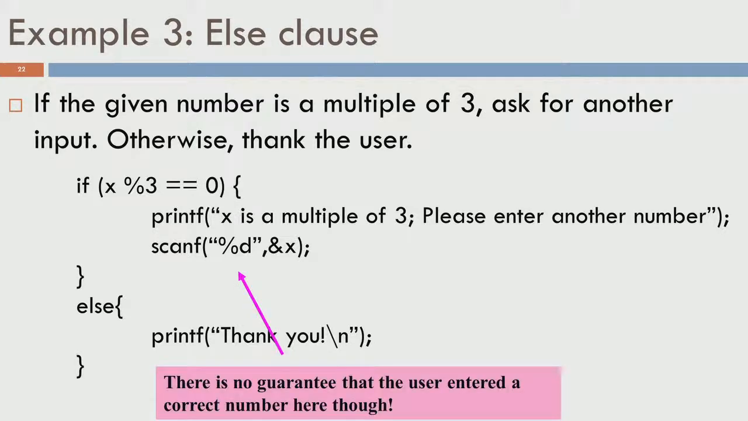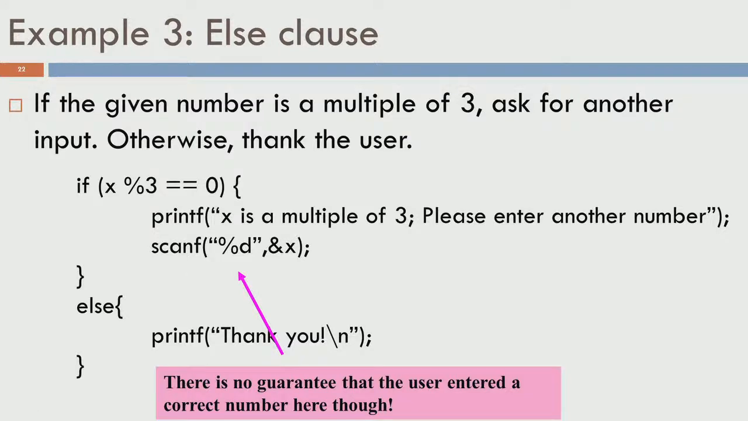One word of caution here. Just because you are scanning here, it does not mean that the user would enter a number which is not a multiple of 3. The user may still enter a number which is a multiple of 3, we are not checking here. I want to show this program just to show the structure of if then else. So, at the end here x could still be a multiple of 3. So, you need a mechanism by which you repeatedly scan the input till the user inputs something else, if that is what you want. In this case we are not checking for that, I just want to show you the structure of if then